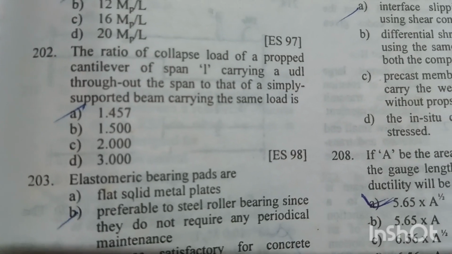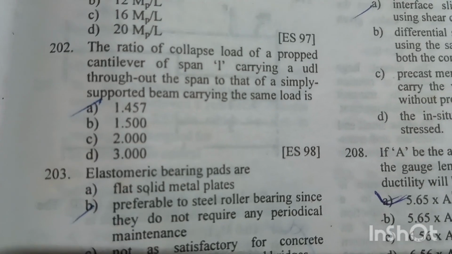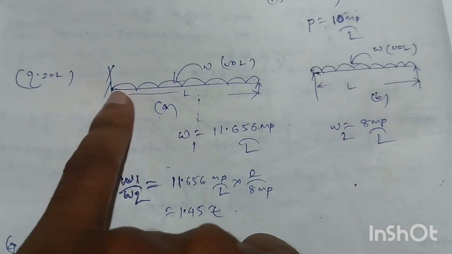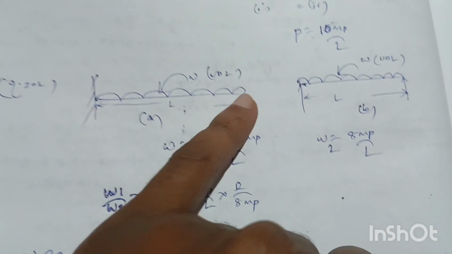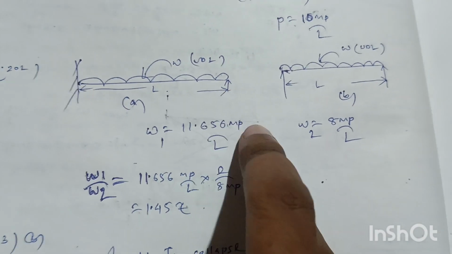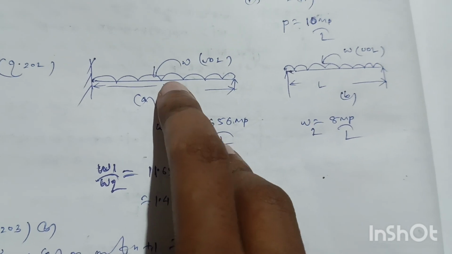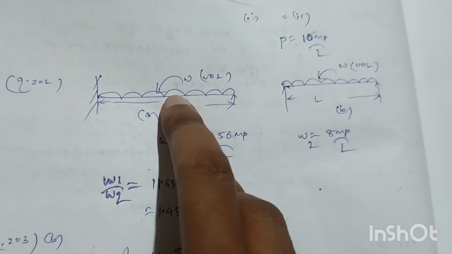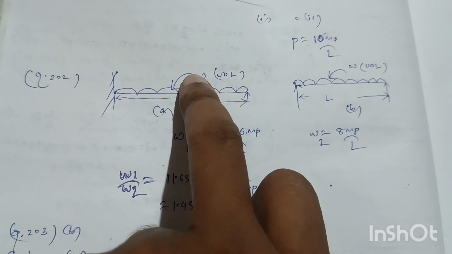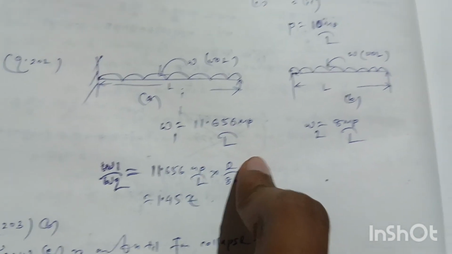Question number 202. The ratio of collapse load of a propped cantilever of span L carrying a UDL throughout the span to that of a simply supported beam carrying the same load is. So when a propped cantilever beam is subjected to a uniformly distributed load W, the plastic hinge will form at a distance 0.414 L from this far end. Suppose at this end. So the collapse load under this load will be 11.656 MP by L, and